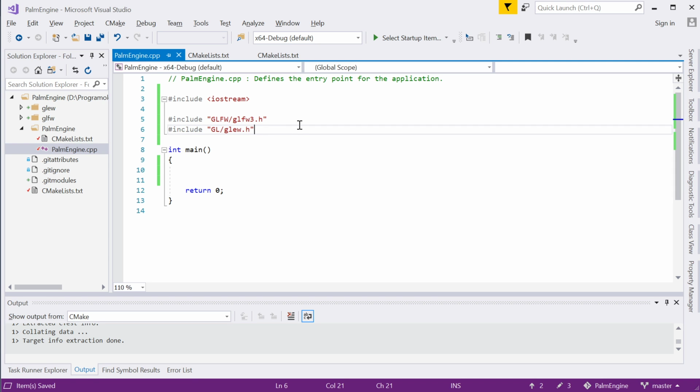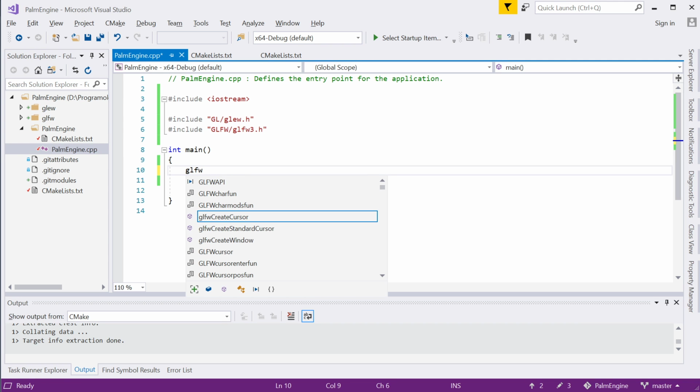This is a very specific error message that you get. I don't know why that is. I haven't really looked it up, but I'm pretty sure there's a reasonable explanation for this. So I'm just gonna go ahead and include glue right before GLFW3, and we are still not there yet because